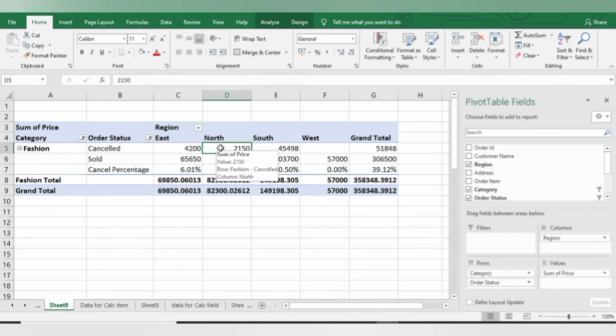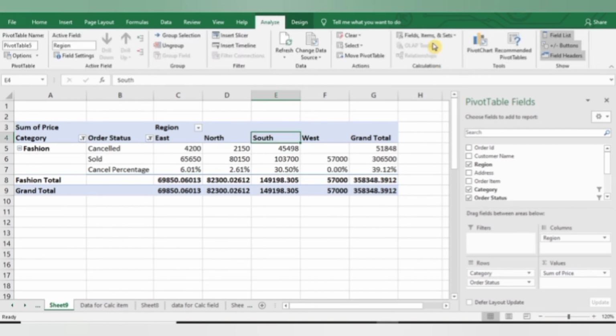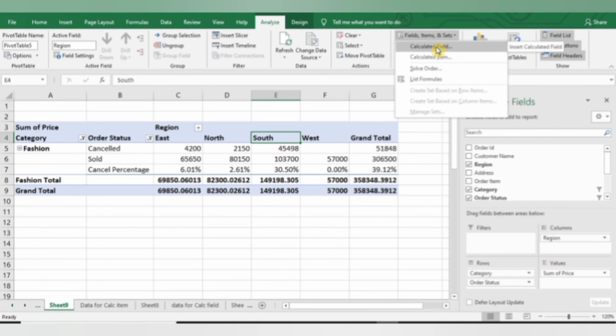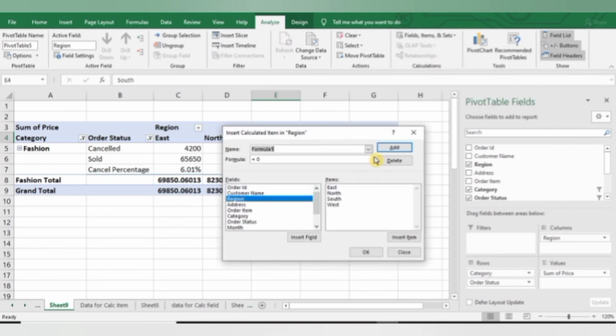And now if I want the total for South and West in a separate field, for this again go to the Analyze tab, and then from here I am selecting Calculated Item. In the Name box I am giving South plus West total, and in Formula I am selecting South plus West, and then click on Add and then OK.